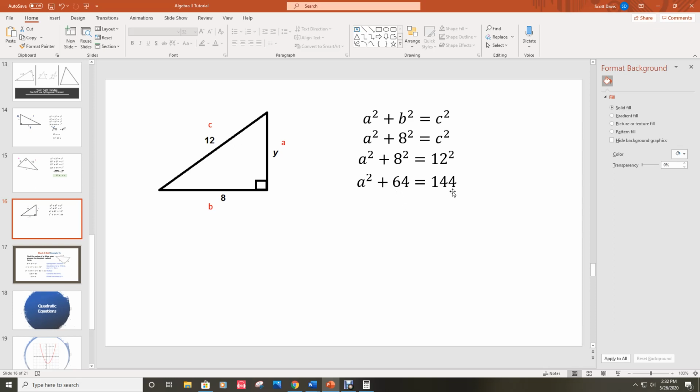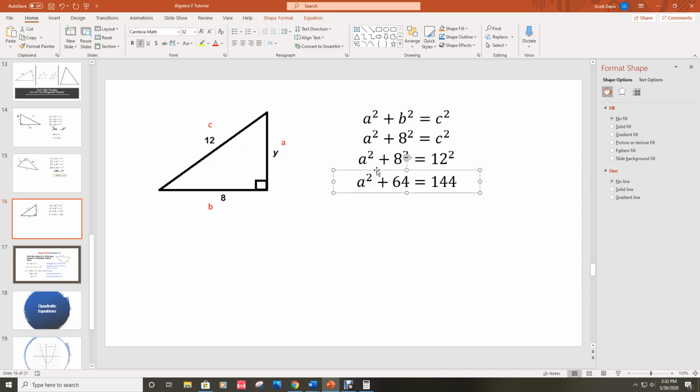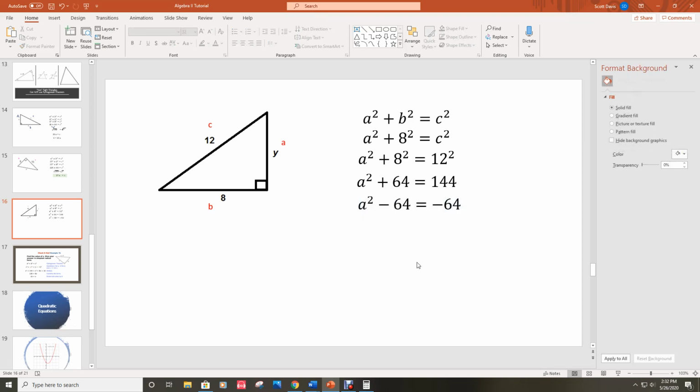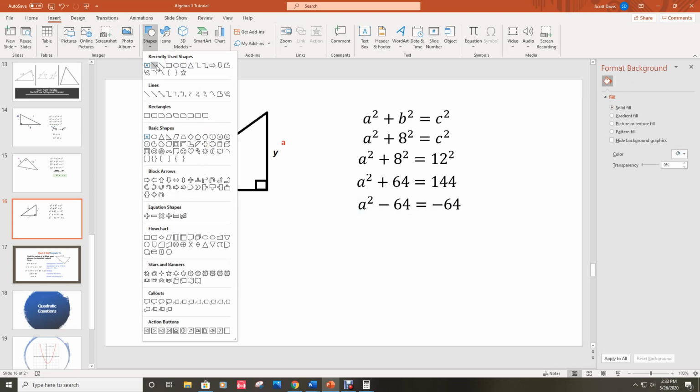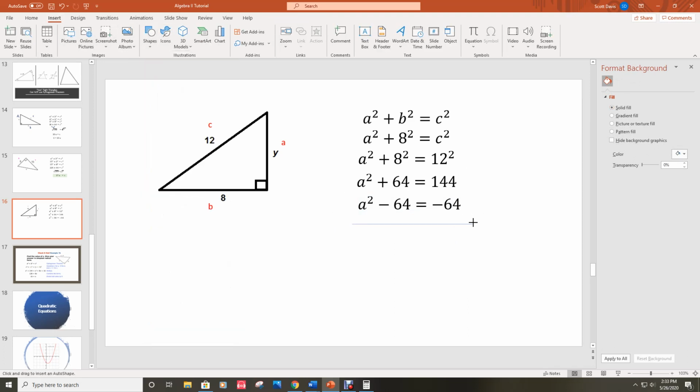So just like a regular algebra problem, I am going to subtract 64 from this side and minus 64 from this side. That sounds weird. I'm going to subtract 64 from both sides. When I do that, that is going to end up leaving me with